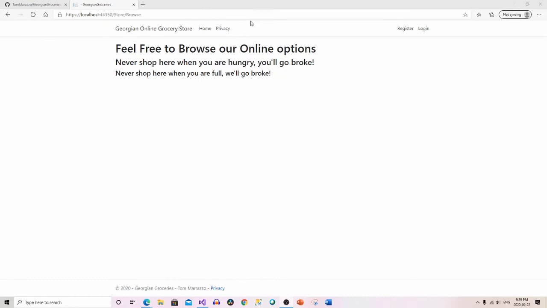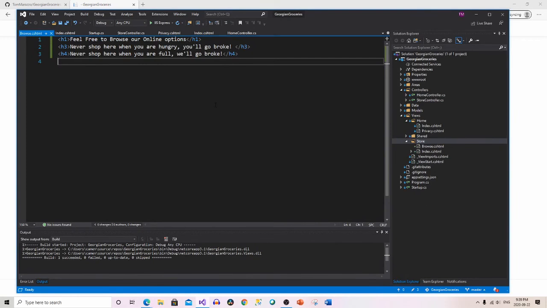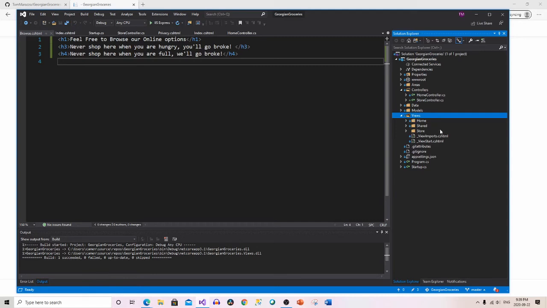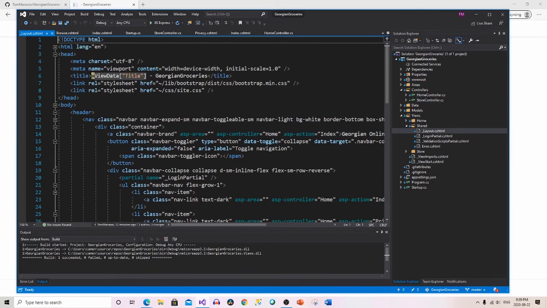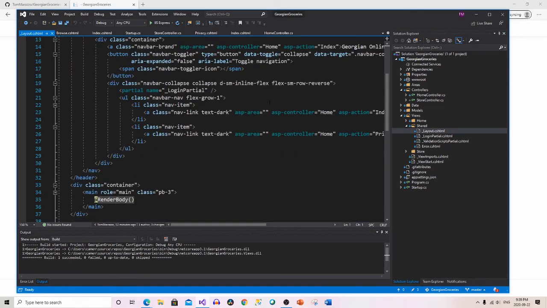So I do want to put in a link up here. I don't want to keep having to deal with this. I'd rather have something up here that takes me to it. So I go to here, and we did this a couple days ago. And notice here in views, I've got 5 folders that I can choose from. It's shared. Shared is one that we're really interested in. This is that common look and feel stuff that we've talked about,